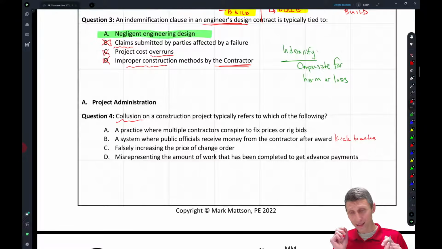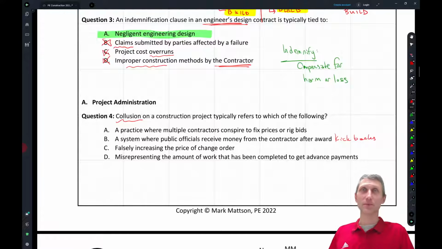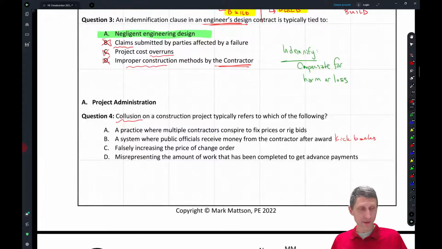But let's go to letter C. Falsely increasing the price of a change order. Does this happen? All the time. Okay, all the time. Is it illegal? Probably, but is it bad? Yeah, it's annoying. Okay, I remember there was one job I was on, and we were going to run a